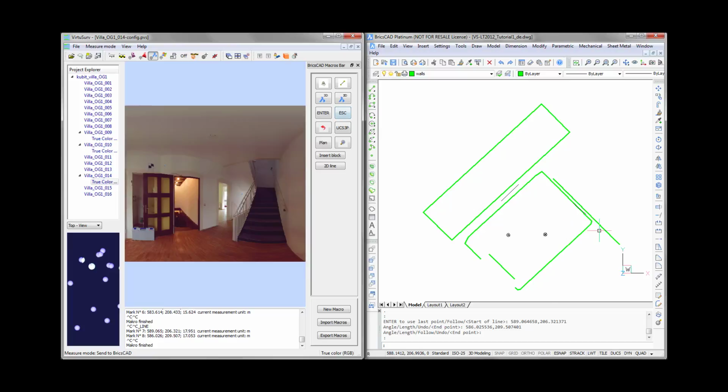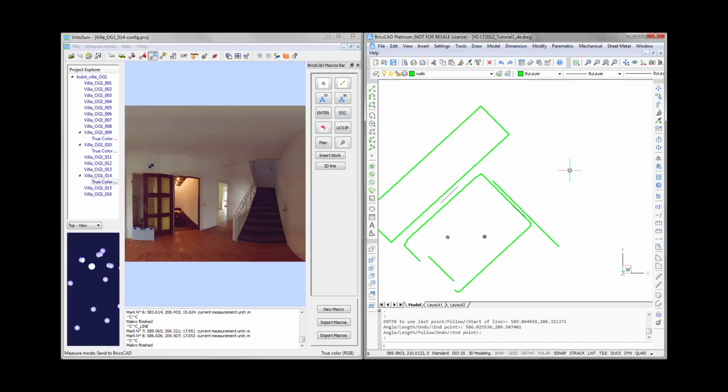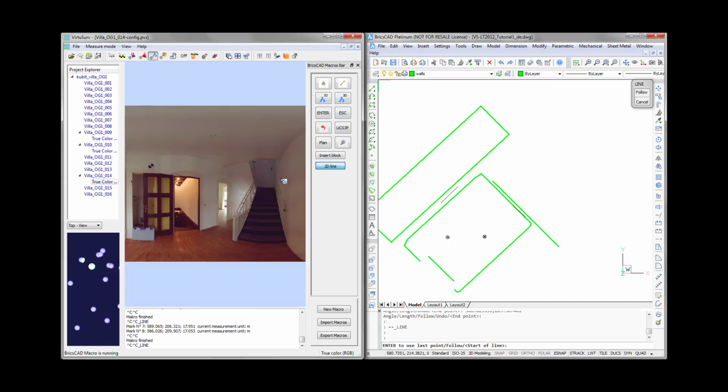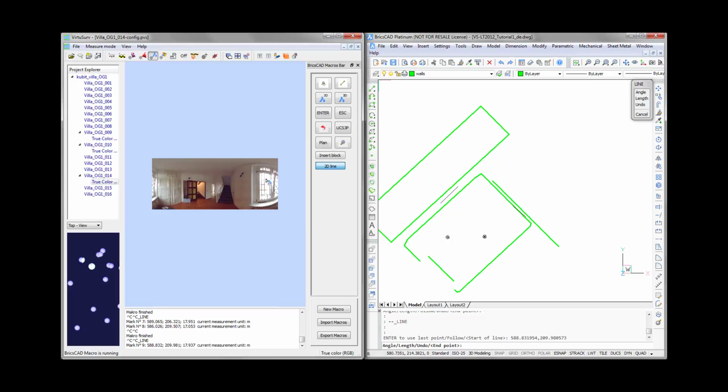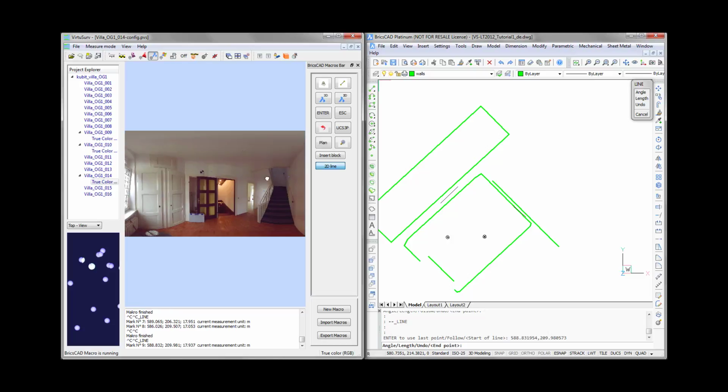Press escape. So we have now the wall to this hall, and the other side is another 2D line from here to there. So we have a rough boundary of the hall with the stairs in there,